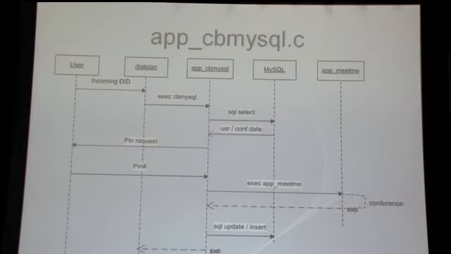Then the dial plan executes CMySQL. CMySQL retrieves information from the database, and not only the PIN number. We retrieve pretty much everything. We retrieve all the configuration data, obviously all the flags that need to be triggered, and all the users that are allowed to enter this conference. And that is important because that is the way we will be identifying each user. Now, then that section is standard by CMySQL.